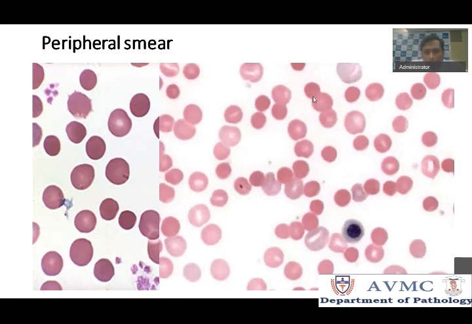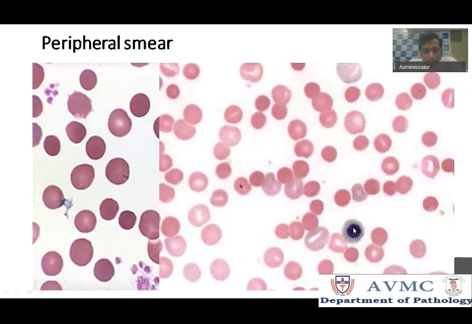And you are finding a cell like this, which is not reddish or bluish. It's in between both. We call this polychromatophilia. This is because this RBC is a reticulocyte and it contains RNA. RNA will give a blue color and hemoglobin will give a red color. So the combination of the two gives a tint of bluish color, and this is called polychromatophilia. Poly means more, chroma means color, so it's showing more than one color. They are called polychromatophils, which are nothing but reticulocytes. If you do a retic stain, this will be highlighted as reticulocyte. Okay. And what is this?